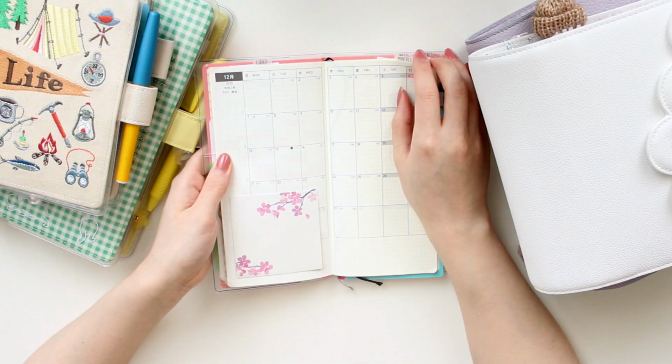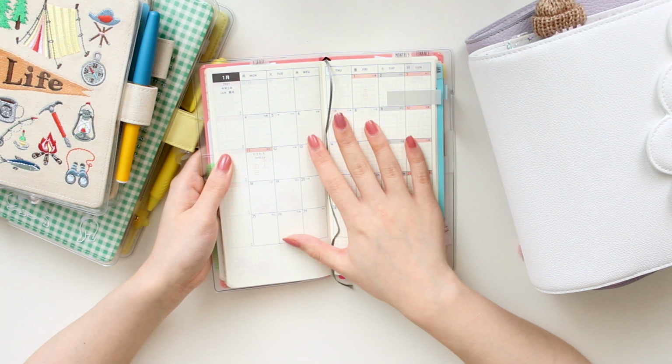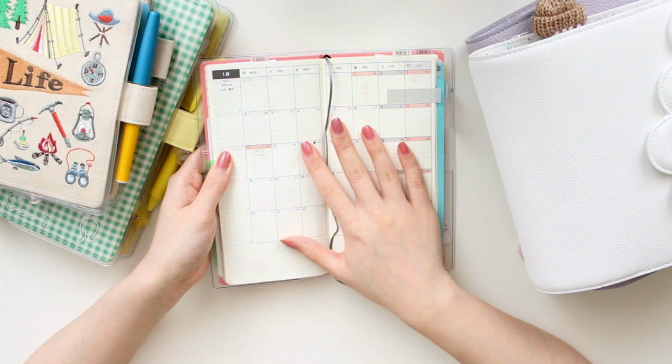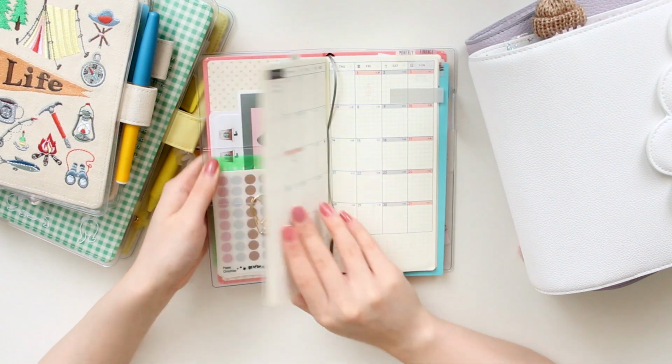So in the monthly section here, I'm planning on tracking all of the things that go in and out of my bank account. So I will be tracking my purchases in here. I'm going to be tracking all of my bills paid, all of my credit cards, debit cards, all that kind of thing, things that I purchase in cash, which is not frequent at the moment. But I'm going to be tracking all of those in here,